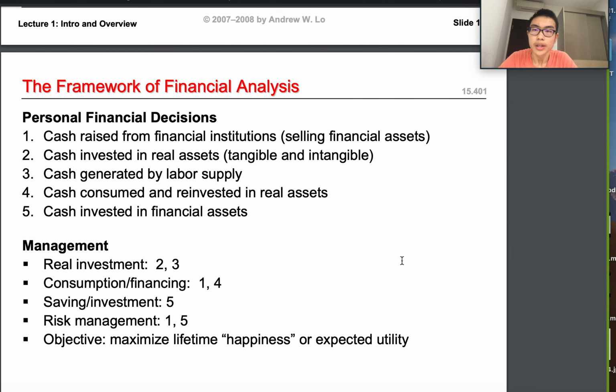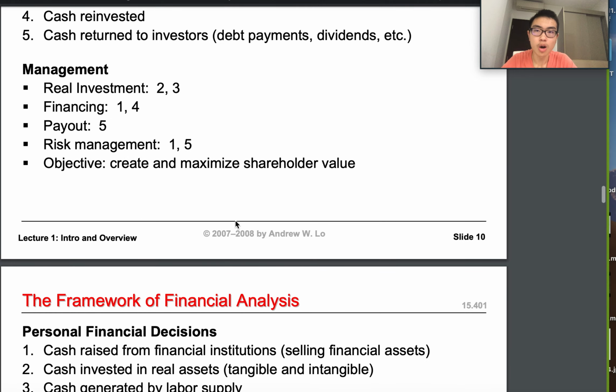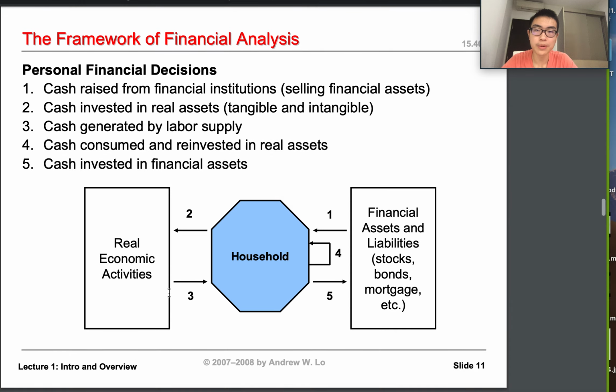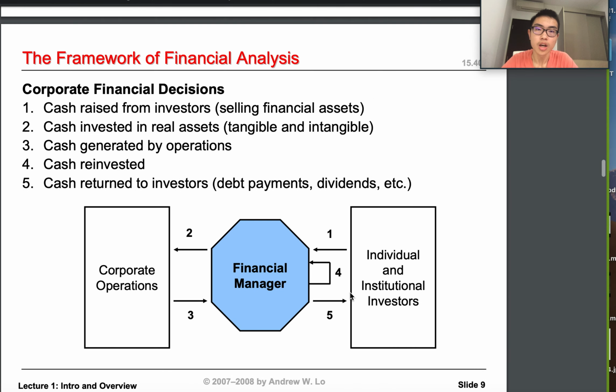Okay. Don't want to go too deep about it. If we continue with it, basically financing is 1 to 4, and risk management is 1 to 5. As I mentioned just now, risk management, already mentioned it. Why is risk management 1 to 5? Because looking at this diagram right here, what you have to reduce the risk when people invest in a company